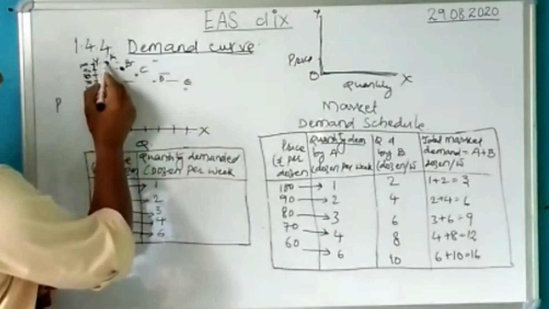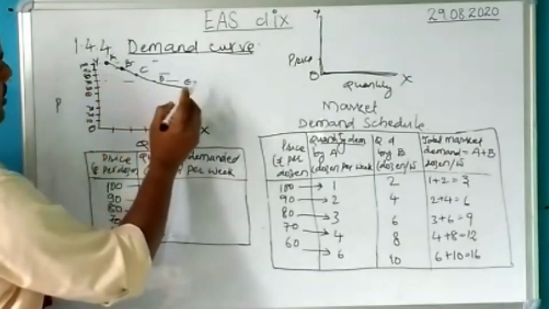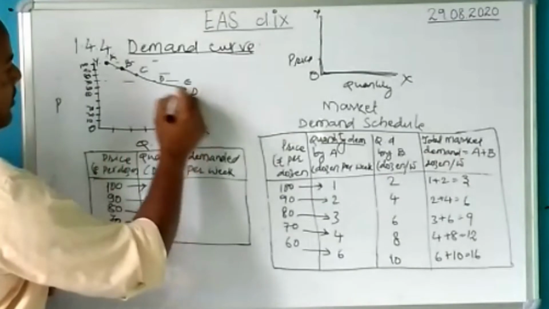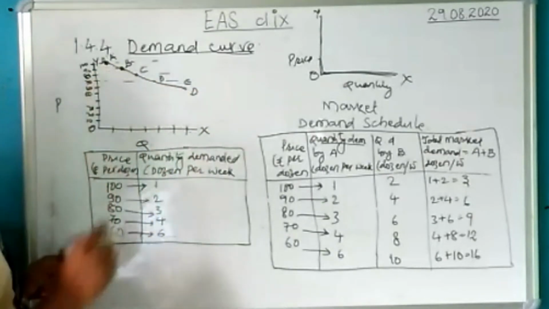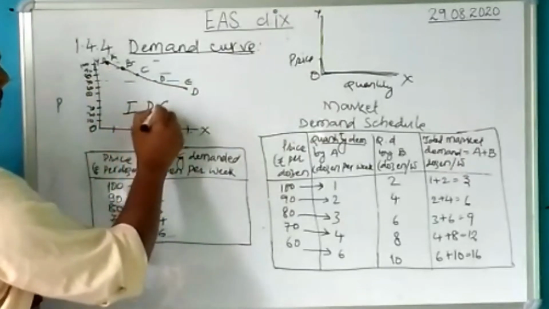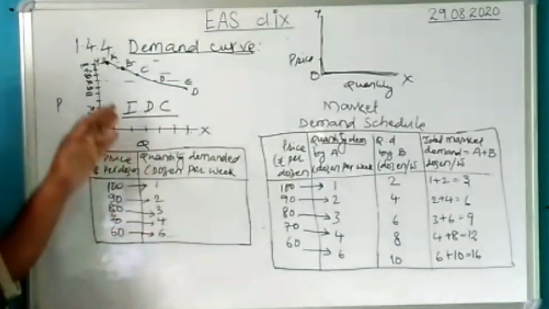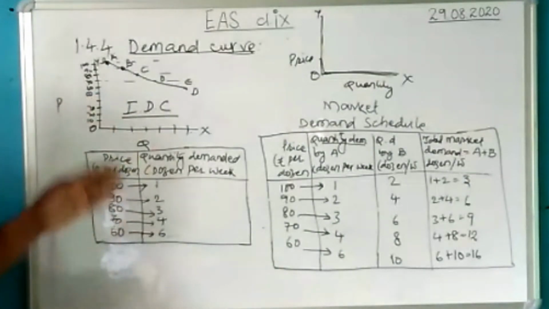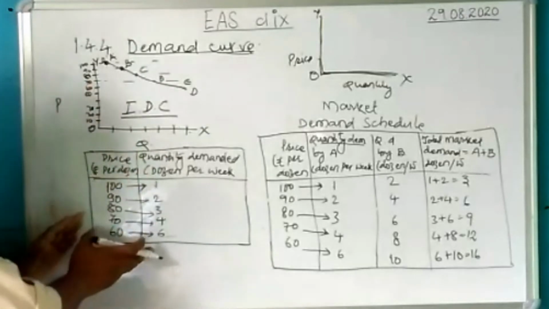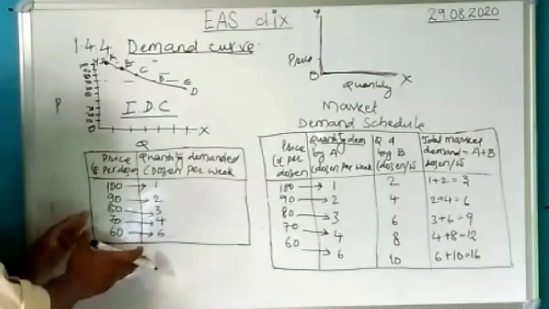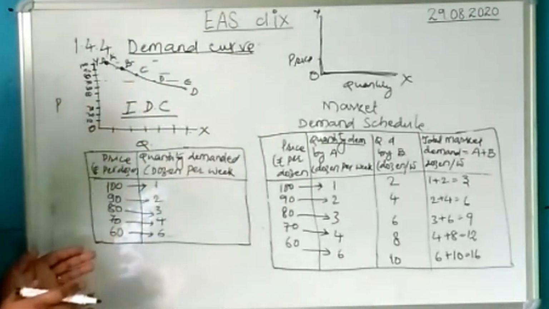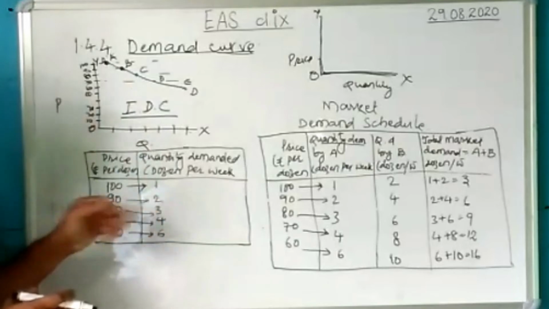Now join it. When you join this, you will get a line. This line is a demand curve. You can write DD as the demand curve. So this is a graphical representation, and this is the individual demand curve. The data it represents is the same. In terms of a table, it is a schedule; the same data in terms of a graph is a curve.